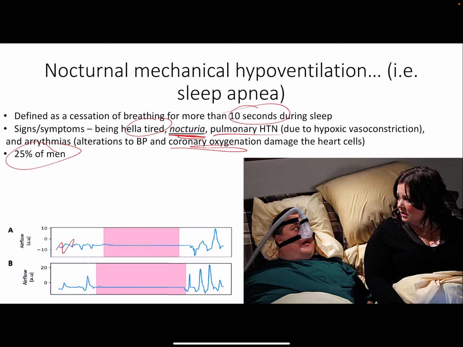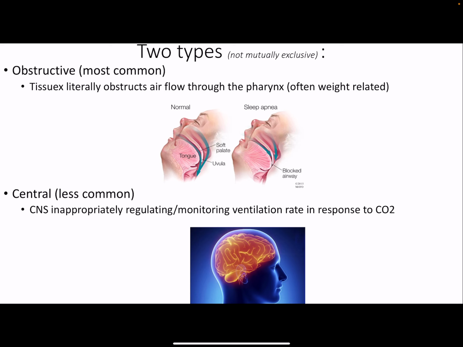So notice here we have breathing, breathing, breathing, flat, breathing, breathing, breathing. So this again has to be 10 seconds. Same thing here. This is really just obstructive versus central, which we'll talk about now. So obstructive is where you have literal tissue obstruction of the flow through the pharynx. So it's usually weight related. And then central, which is a little bit less common, is that the nervous system, usually due to some sort